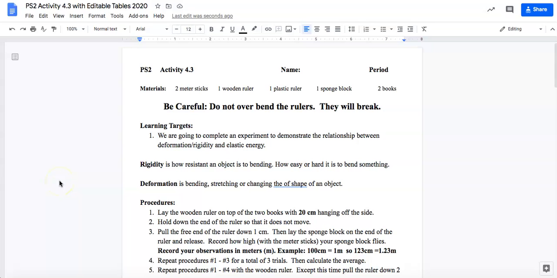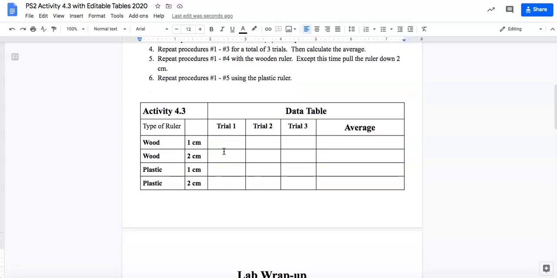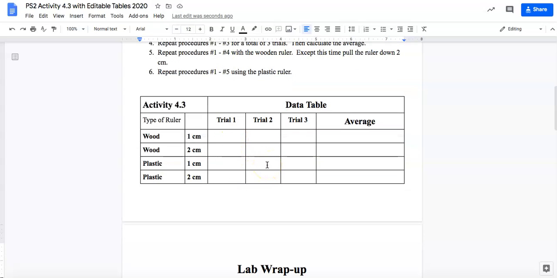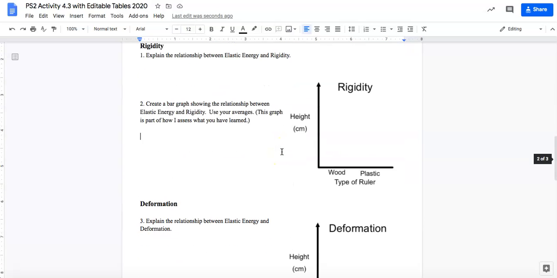Hello class, this is just a brief tutorial, and this tutorial goes along with activity 4.3. One of the things you're going to have to do in 4.3 is fill in a data table, and that's pretty easy. If you just click on the columns, you can type in whatever numbers you want. But down below, it's going to ask you to create a bar graph showing the relationship between elastic energy and